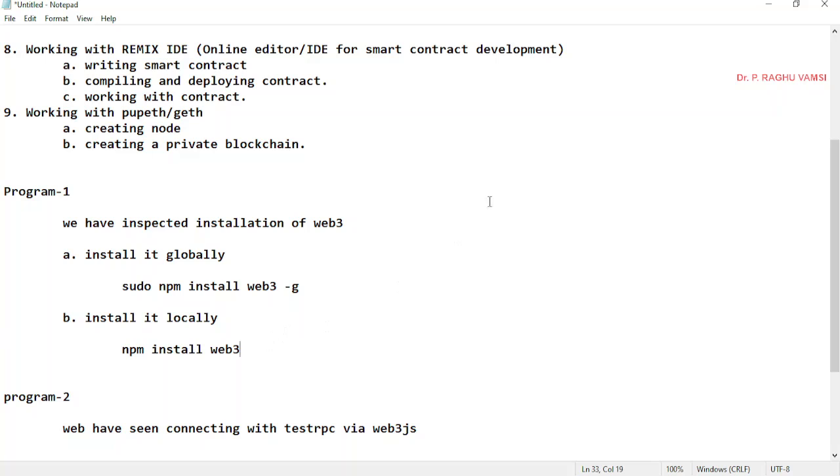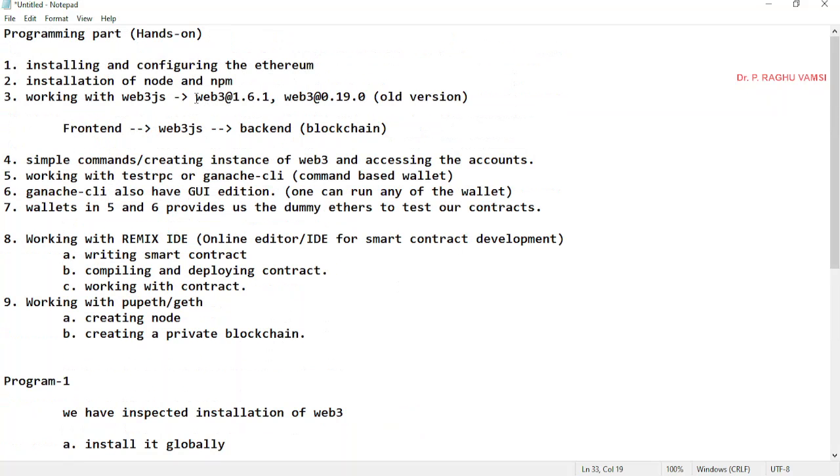And as the variation here, Web3 1.6.1 is the stable and latest version, whereas Web3 0.19.0 is the older version, as we discussed. From version to version, the API functions that were defined will vary.